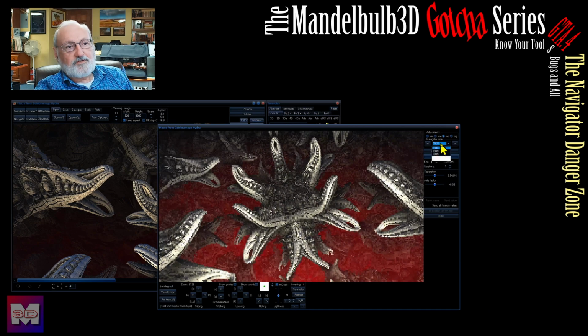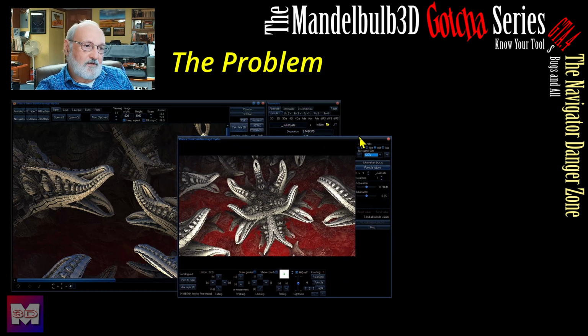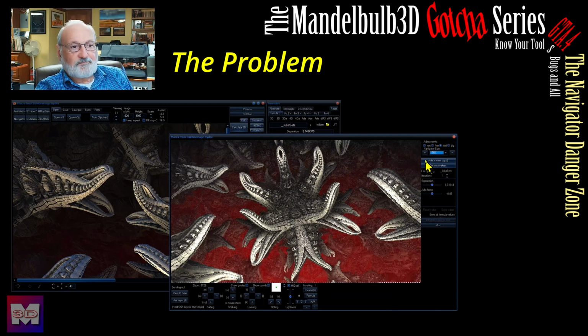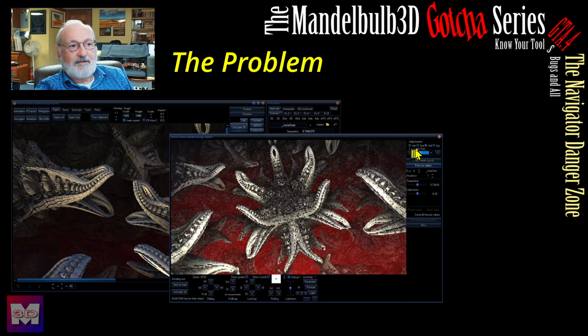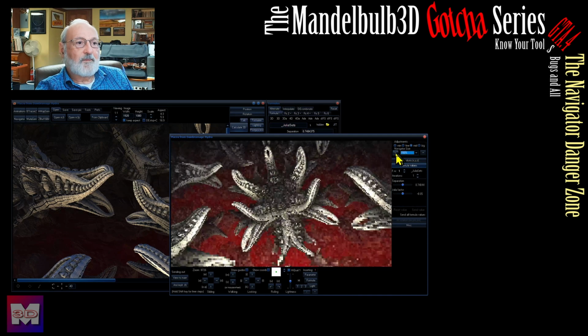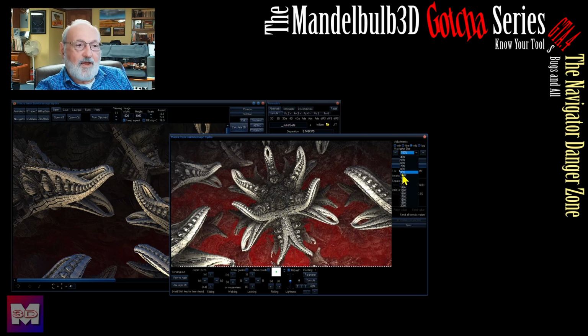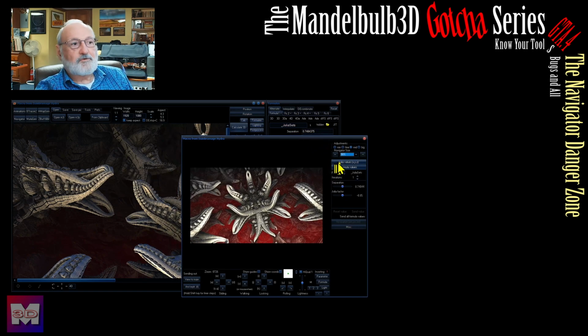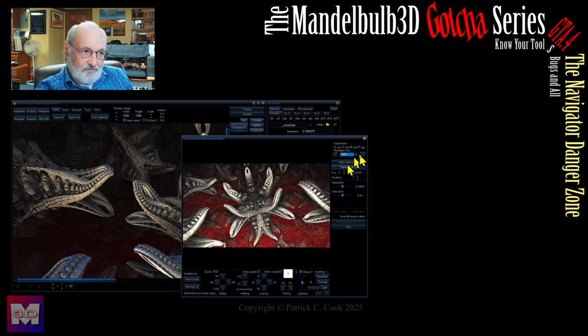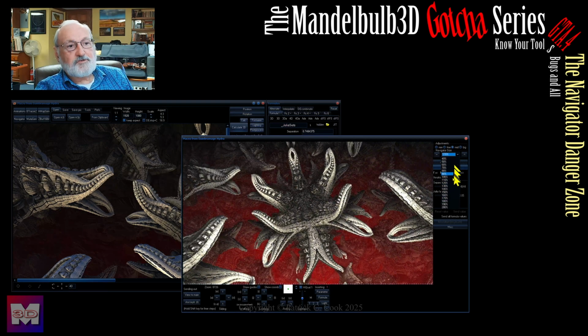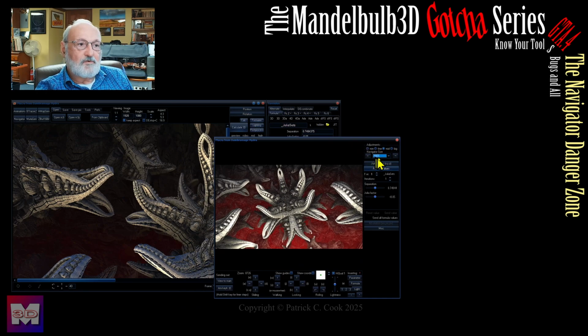Now, what I have found is that seemingly randomly, this is where the Mandelbulb will crash when I'm manipulating this Navigator Size feature. I have not been able to find a particular pattern, in other words, a particular set of mouse clicks that will actually cause the Mandelbulb to crash. It seems to be very random, but it is there. Now, I can tell you that I have never experienced the problem as long as I kept my Navigator at 100%. I have experienced the problem quite often when I am manipulating